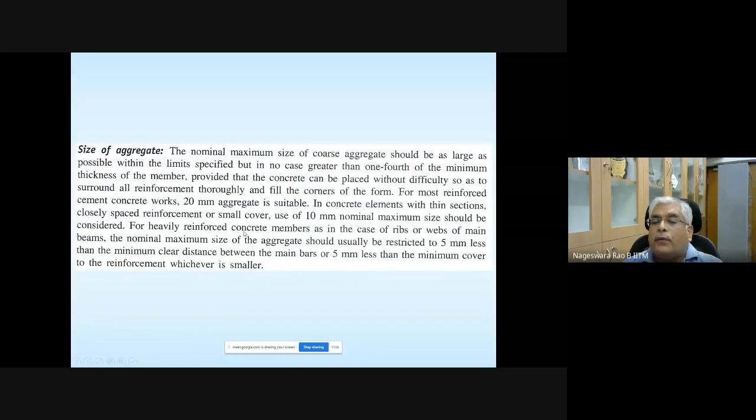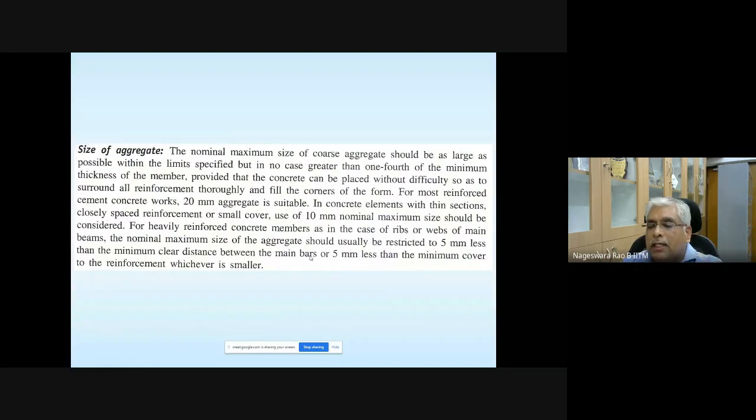For heavily reinforced concrete members, as in case of ribs or webs of main beams, we'll see what the rib and web are, and those details we will see as we progress further. So for heavily reinforced members, nominal maximum size of aggregate should usually be restricted to, this is another guideline, 5 mm less than the minimum clear distance between the main bars.